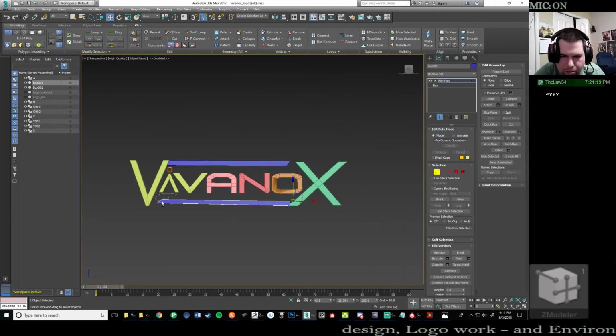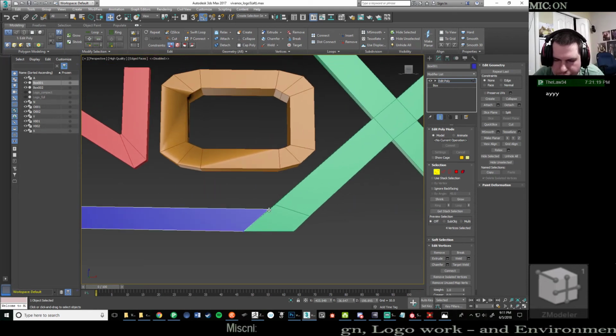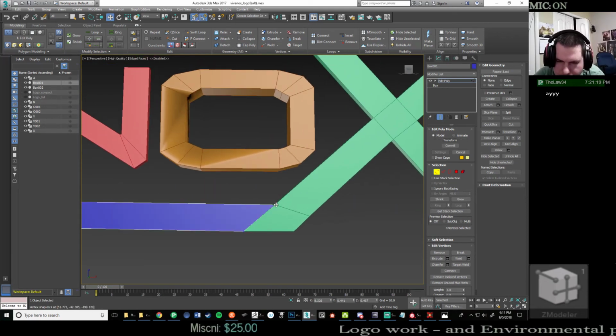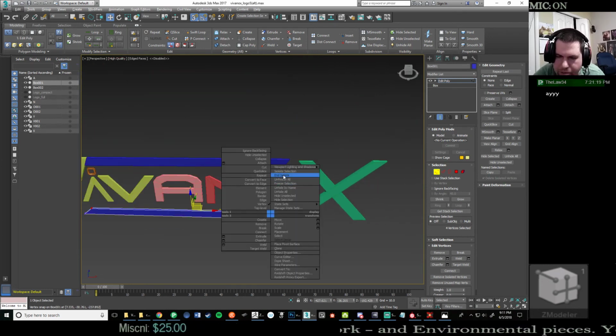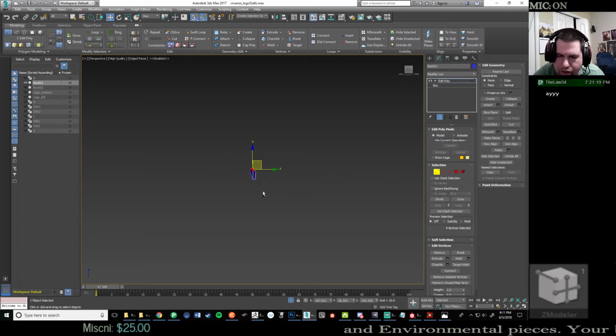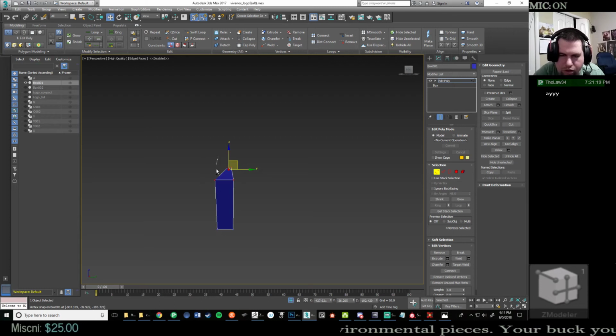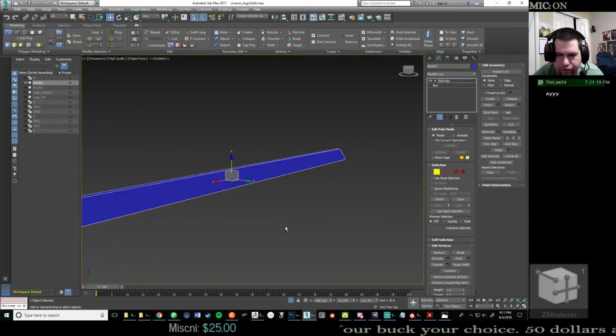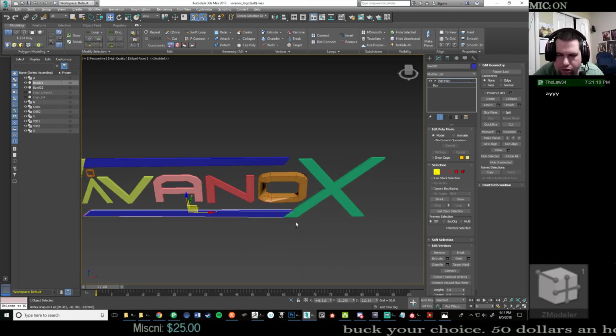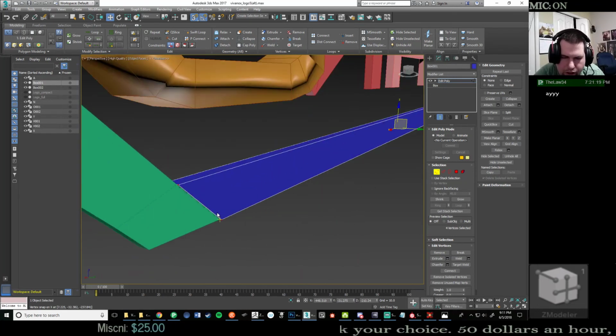It's going to do the same thing. And then what I'll do is I'll isolate my selection and match the thickness.